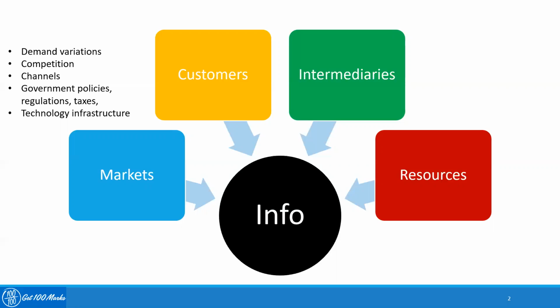You also want to understand what are the government policies and regulations and taxation policies, etc., in that particular country. And last but not the least, you want to look at the technology infrastructure available in those particular countries. So, for example, if Tesla wants to start selling electric cars in India, Tesla would want to understand what is the infrastructure in terms of the charging points available in the country.